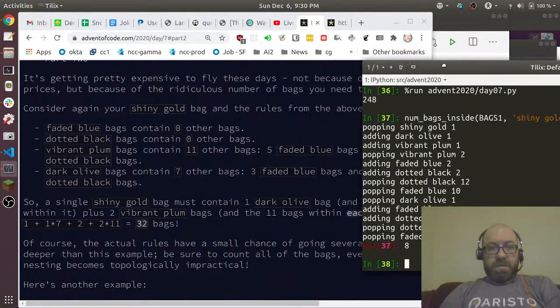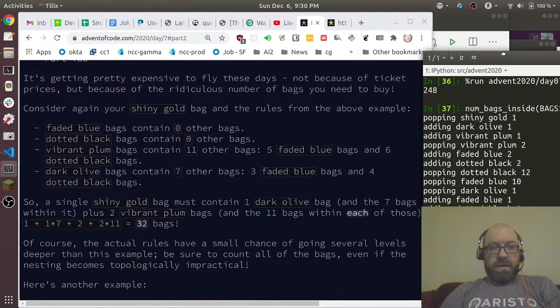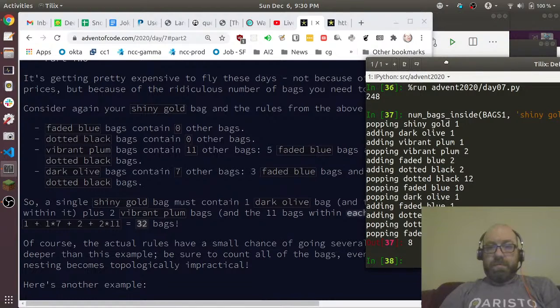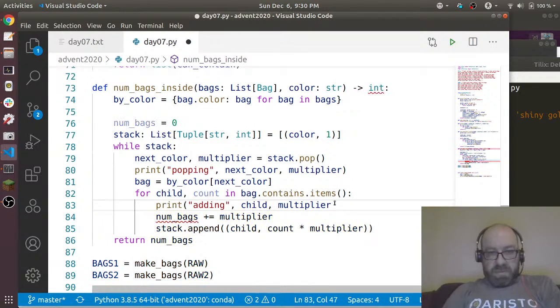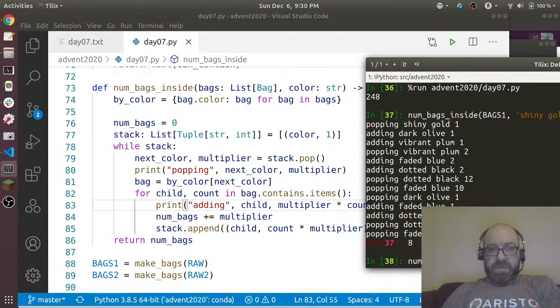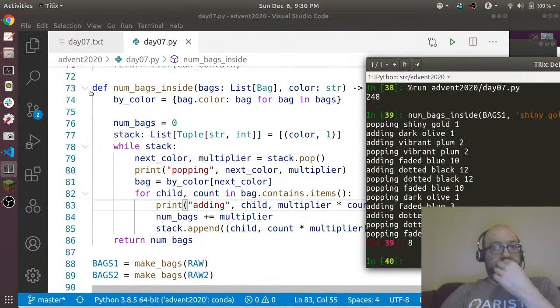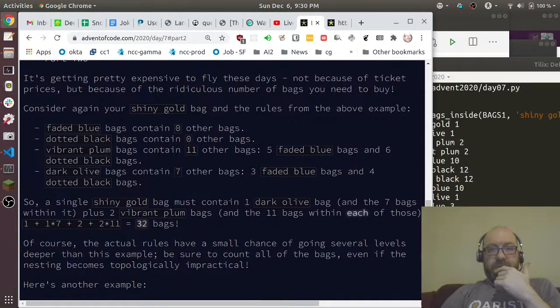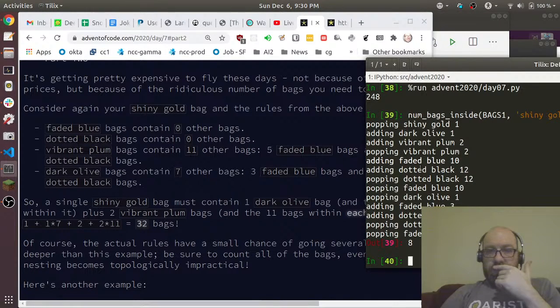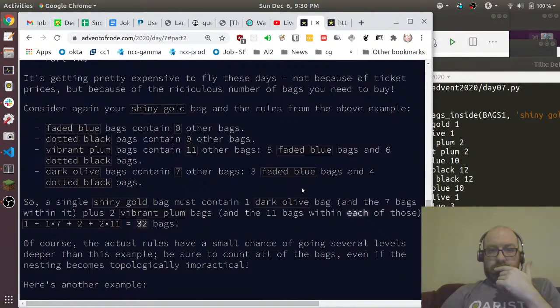And now let's look at this. So a shiny gold must contain one dark olive bag, plus 2 vibrant plum bags. This should be multiplier times count. So let me try this again. Okay. Shiny gold must contain 1 dark olive and the 7 bags within it. So the dark olive contains 3 faded blue and 4 dotted black. 1 dark olive and